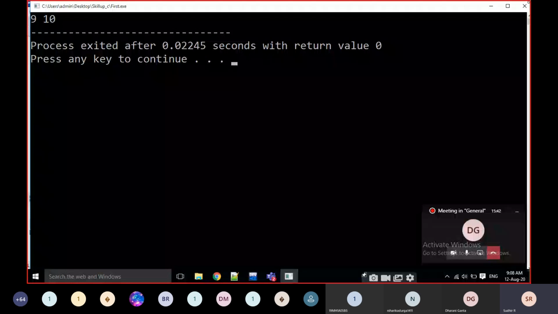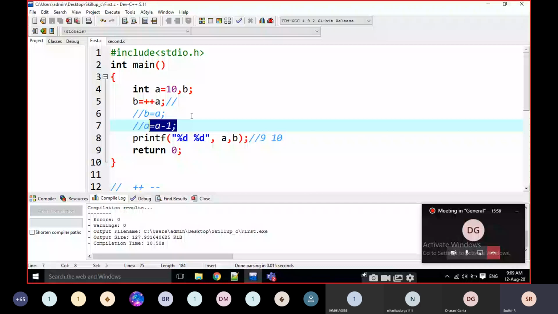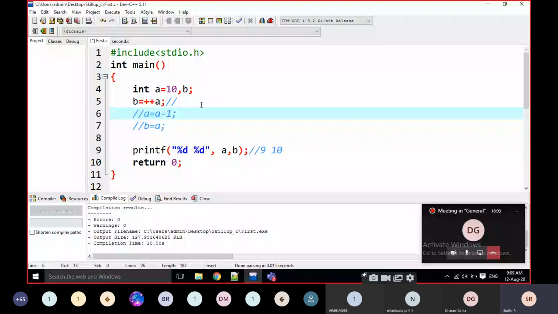This is the post-increment and the post-decrement. For example, it is a pre-increment operation. What happens first? The increment operation is done first, which means A is equal to A plus 1 happens first. Then the assignment operation.